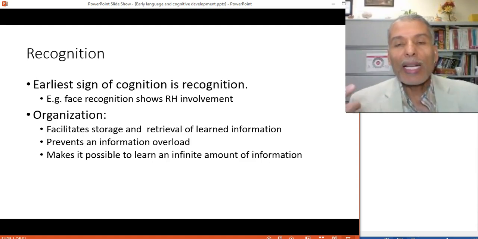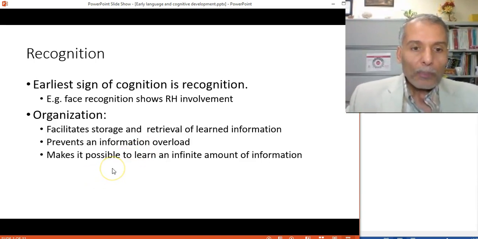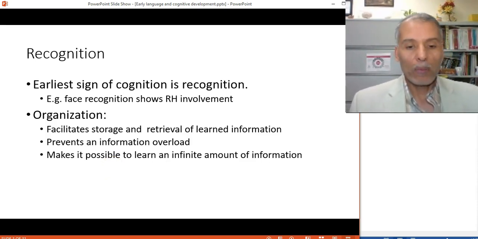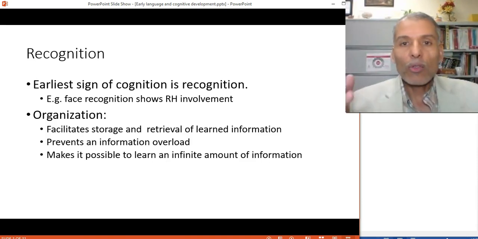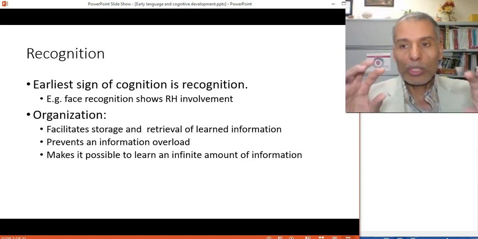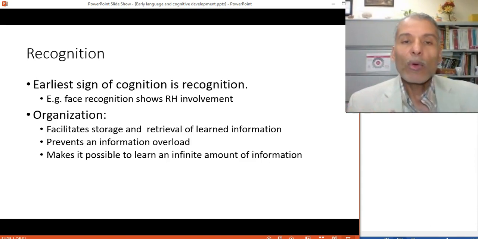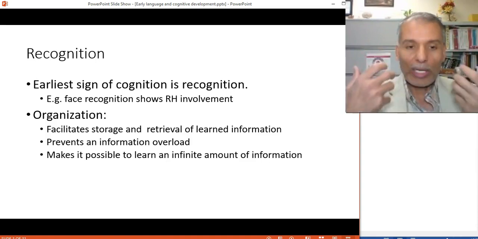So organizing or organization of ideas is one basic feature, very critical for cognition and for facilitating the acquisition of new skills in language and other things. If you dump a lot of information on someone in a way that is not organized and categorized and classified into groups and into sets of things, they will have a tough time. They will spend longer to process it, to sort it out, and to take it in.